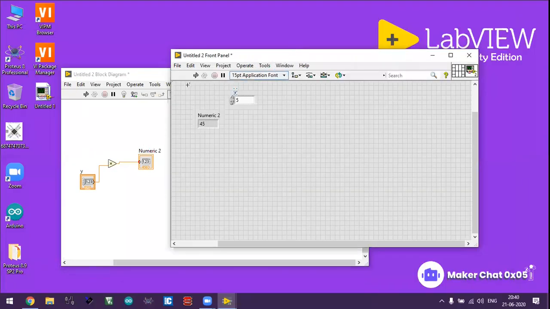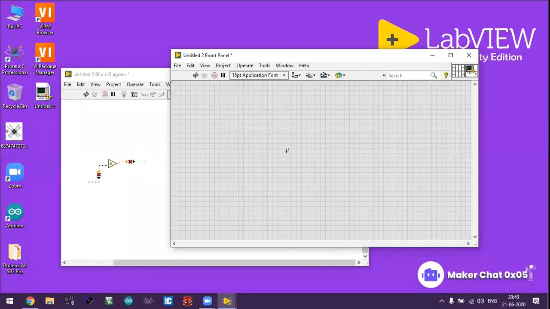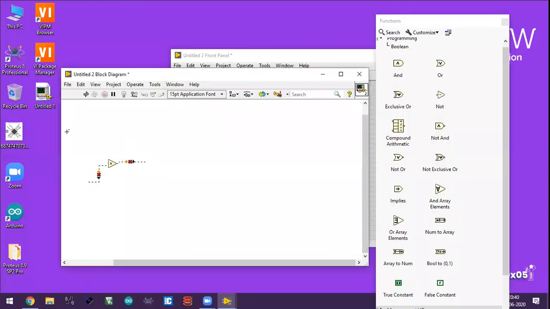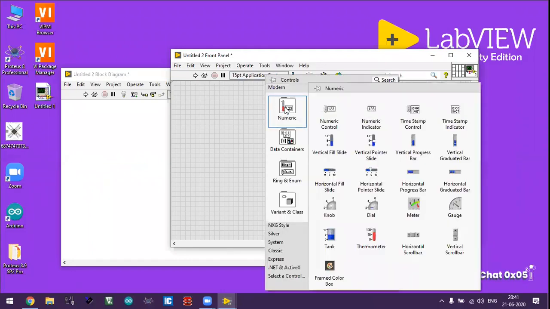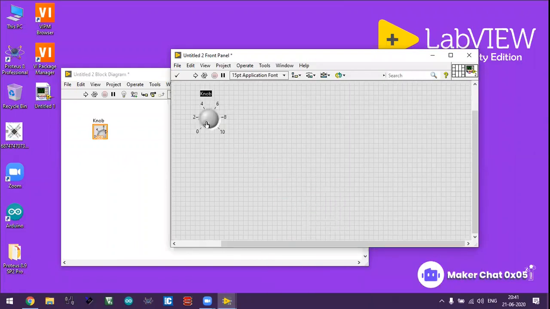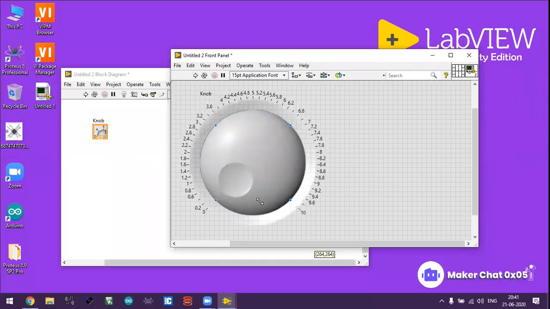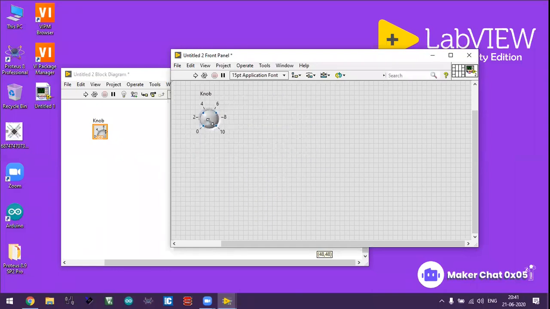So now going for a new example. These elements are not connected, so we have to delete them. You can press the delete button, and they will be deleted. Okay, so now I'm going for one kind of knob, like a potentiometer. See, you can see values on this knob. This knob consists of 0 to 10 values. You can see, if I scale it down or up,